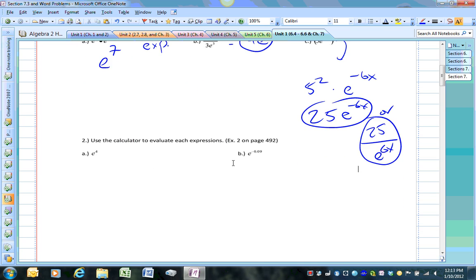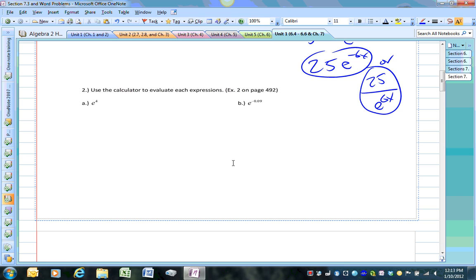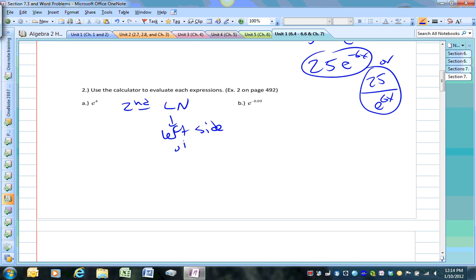Now here we want to use a calculator. What you want to do is you want to do second ln. ln's on the left side of the calculator. So if you do second ln